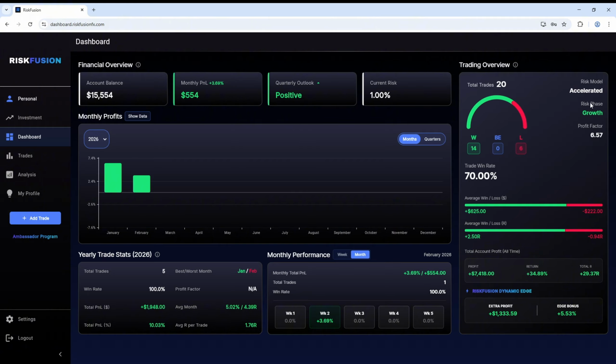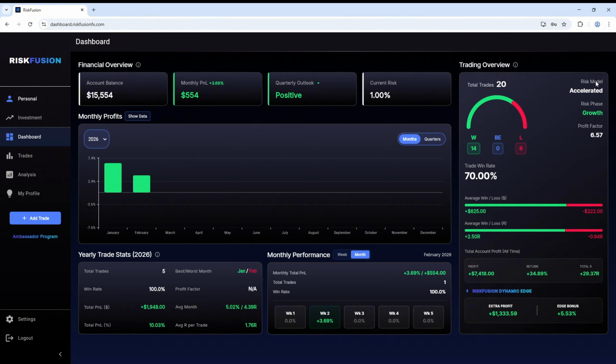You've got your risk phase, okay, it says growth. Now the risk phases will either say growth or it will say drawdown. Now that determines whether or not your dynamic risk model is expanding and increasing, okay, because you've been performing well, or whether your risk model is actually in more of a defensive mode and you're now trading at a slightly lower risk, but it just means you're in a little bit of drawdown and we are protecting our account. So it'll tell you, okay, there what the risk phase is,